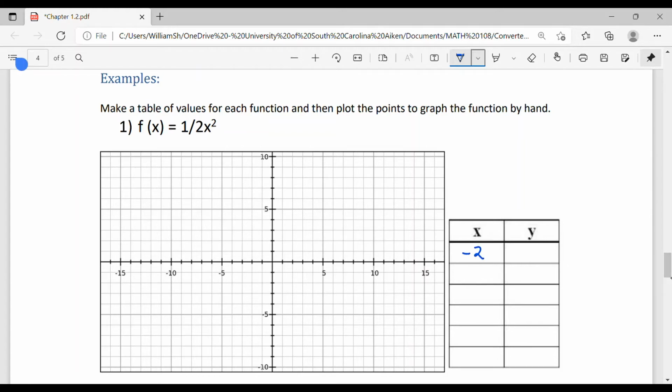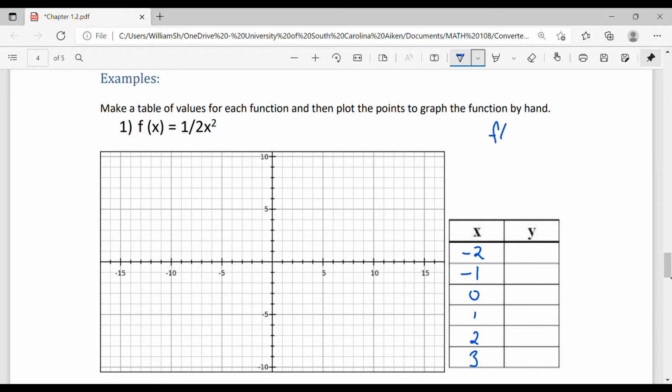We can go -2, -1, 0, 1, 2, 3, and give us some initial points to graph here and see how well it does. Now these initial points that I choose, -2 through 3 or -3 through 3, however many you decide to choose, aren't always the best ones to choose. But I usually start with these if I'm graphing by hand and the graph is relatively small. So if I go through and graph this, I'm going to have to solve for these f of x